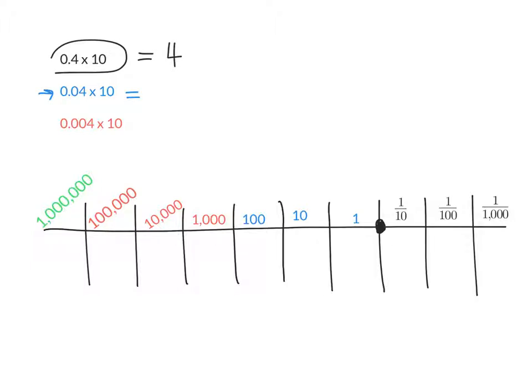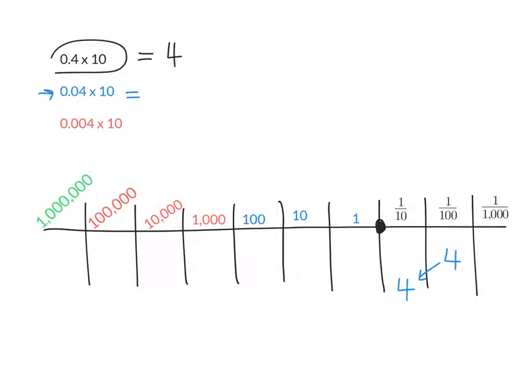This time we have 4. We still have the digit 4, but the 4 is in the what's place this time? Hundredths. So go ahead and write a 4 in your hundredths column. Now we still want to multiply by 10. So we're still going to make it 10 times bigger by shifting it. Is it shifting it to the left or to the right? Left. And if it's going to get 10 times bigger, how many times do we have to shift to the left? 1. So again, you're going to draw that diagonal arrow. That's a terrible arrow. You're going to draw a better diagonal arrow to show that you're shifting it 1 time